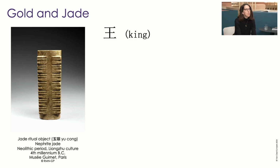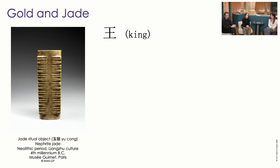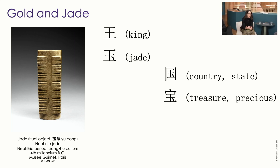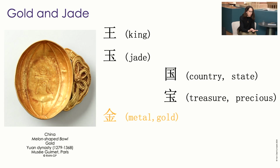But if we wonder about the meaning of gold in Chinese civilization, Chinese culture, we find that in the earliest period of Chinese civilization, the most important material is not gold, but jade. And we will see the character of gold derived in some aspect of the character jade. So the character jade